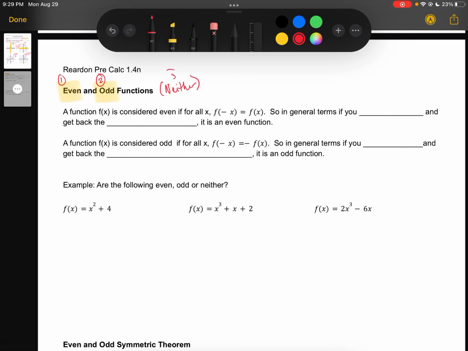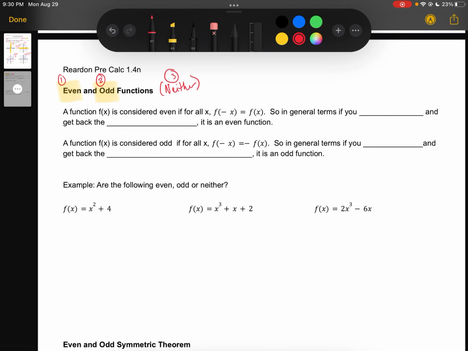And oftentimes it is, in fact, neither. So key thing to note here, I know we usually think of these things like either or, it's either even or it's odd, but in this case it's even, odd, or none of the above. So taking a look at our first definition here, a function f of x,